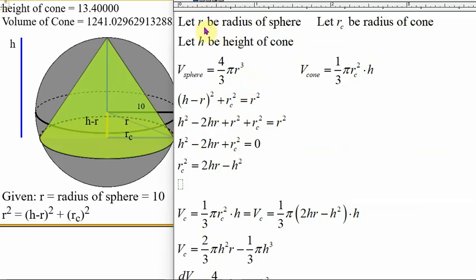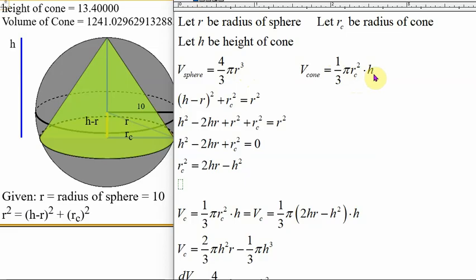So once again, r here is the radius of the sphere, which in this case is given as 10. And then r sub c is the radius of the cone, and h is the height of the cone. The volume of a sphere is just 4/3 pi times r, the radius, to the third. And then the volume of the cone will be just 1/3 pi times the radius of the cone squared times